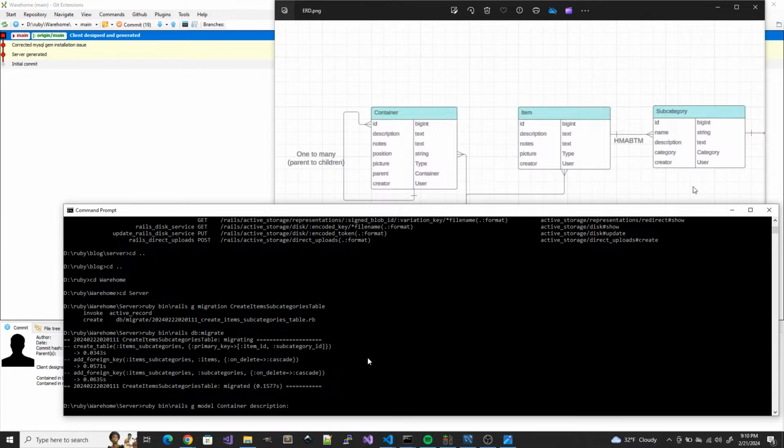Now containers, items should be searchable. Do we need to search containers by their text? By the description? Do we want to be able to search for containers? I mean, not really. You search through containers. There's going to be a tree view, you know? If you have a rough idea of where your container is, you would look in your other containers. But the trouble is,